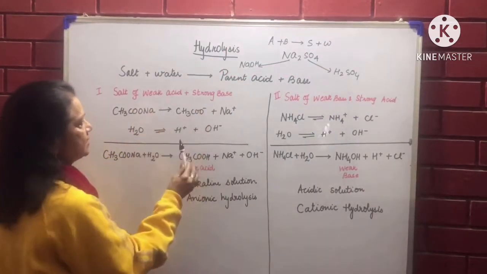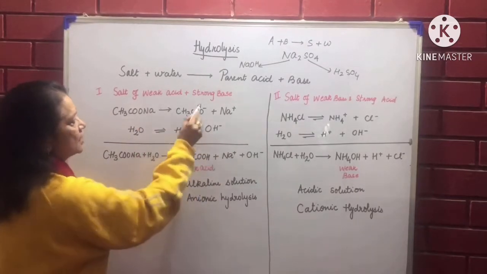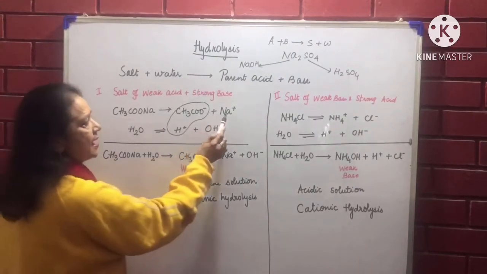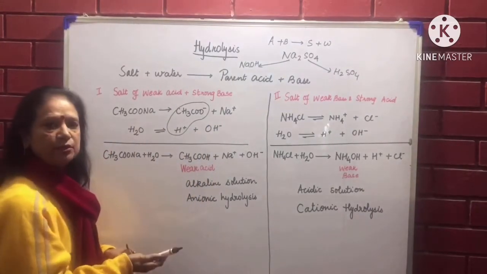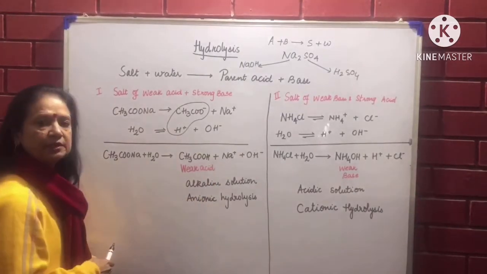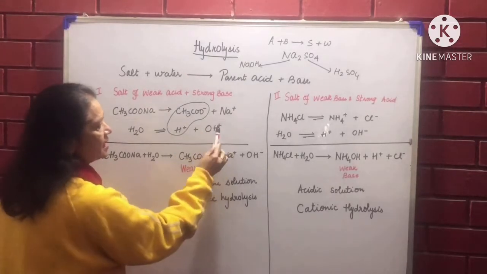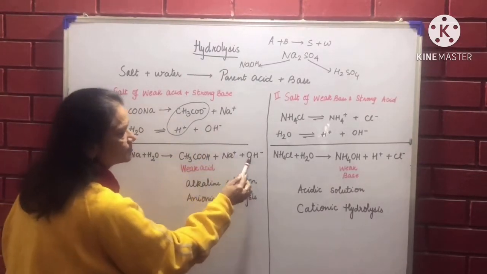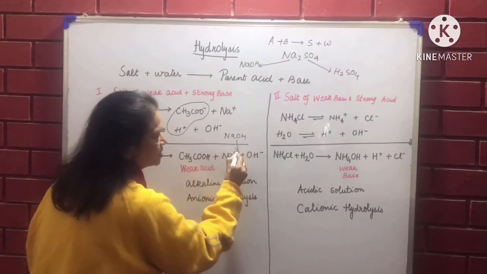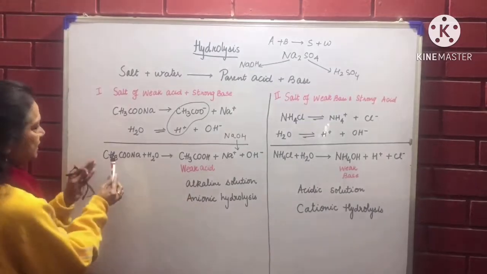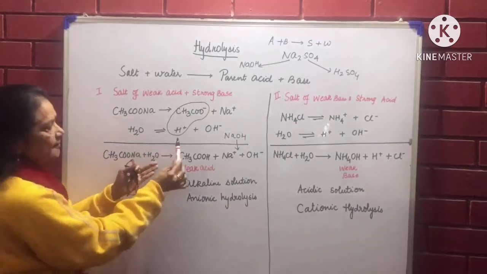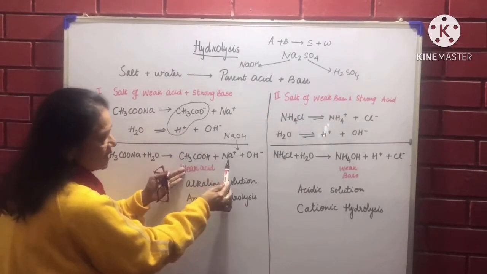Now when these combine, positive and negative, these two combine and form acetic acid. NaOH is also formed, but you know NaOH is completely dissociated. It is a strong electrolyte, divides again completely into ions. So Na plus ions and OH minus ions split again. So finally, sodium acetate reacts with water, CH3COONa plus water, gives you acetic acid plus Na plus ions and